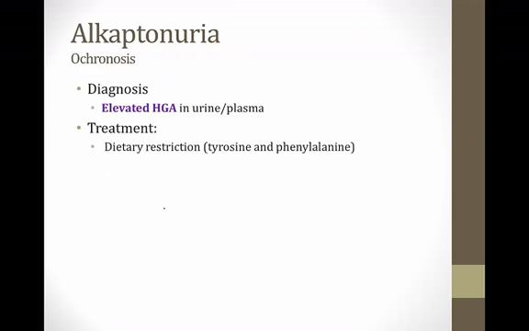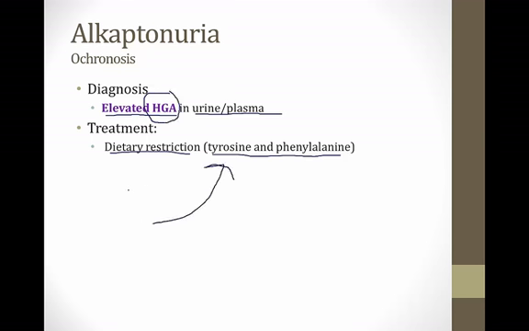You can diagnose alkaptonuria by finding elevated levels of homogentisic acid in the urine or the plasma, and one of the treatments is dietary restriction of tyrosine and phenylalanine because those amino acids are metabolized into HGA, and this is the kind of thing they like you to know for Step 1 because they like to test whether you understand